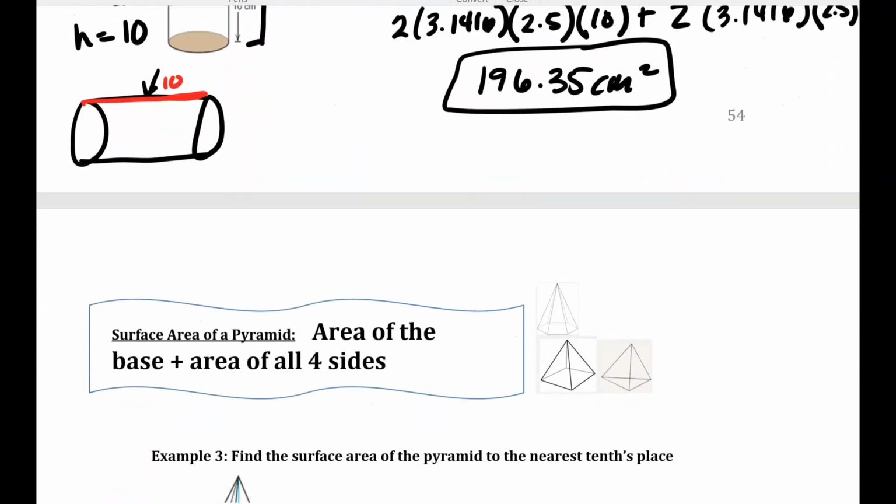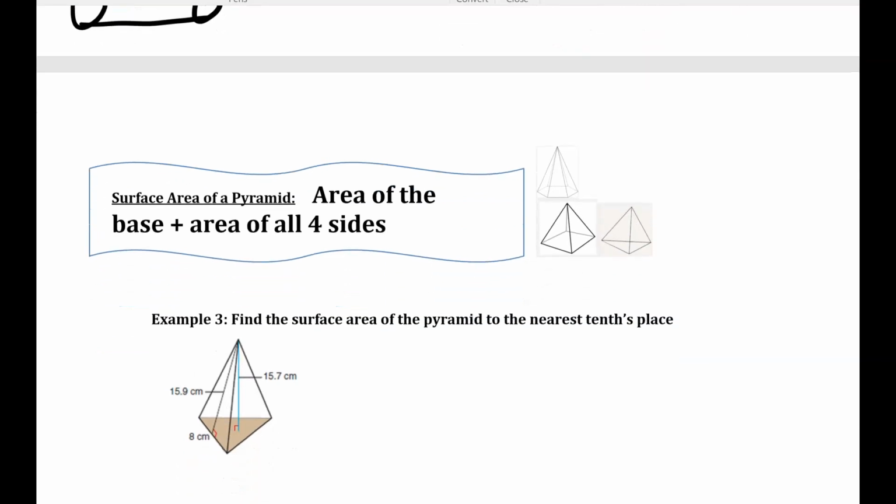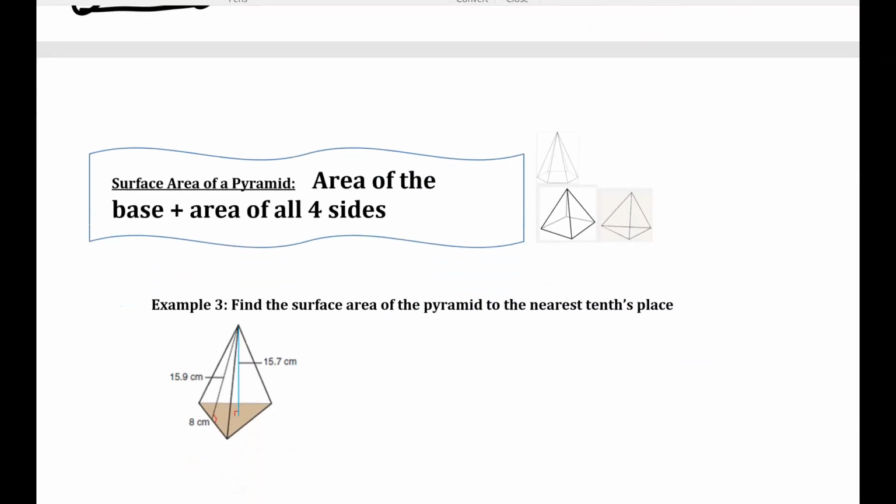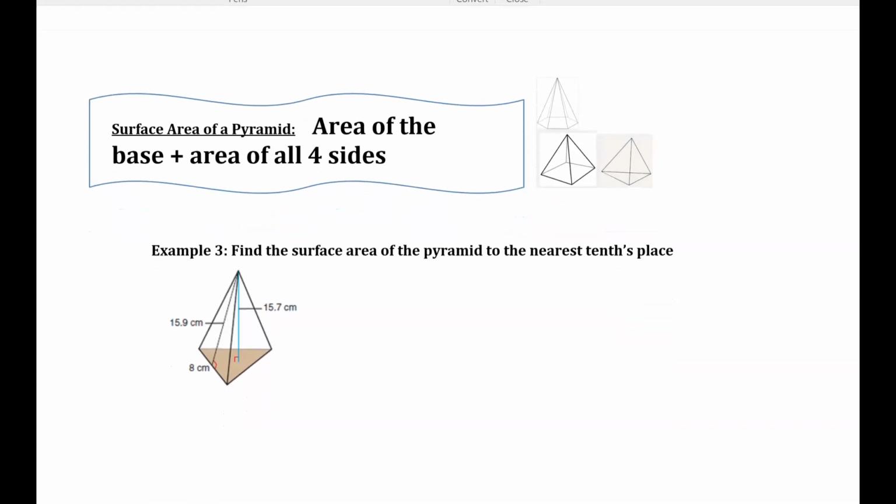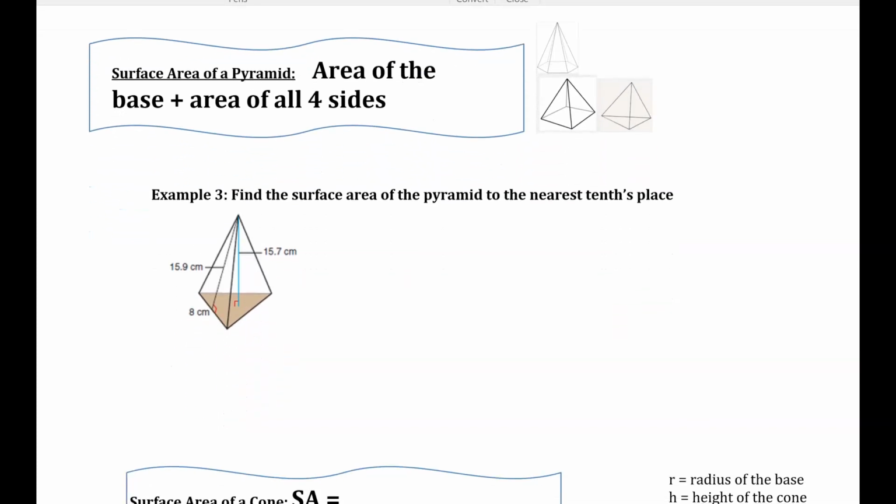Okay, so the next one we're going to do is pyramid, and again we're going to take apart all of the pieces. So imagine this is a tent. If you were to take this tent apart, you would have a bottom of a tent, or what I will call the base. So we've got this bottom base, and it looks like this. Try to draw it like it's drawn here, and this is 8 centimeters. And then we end up with some sides